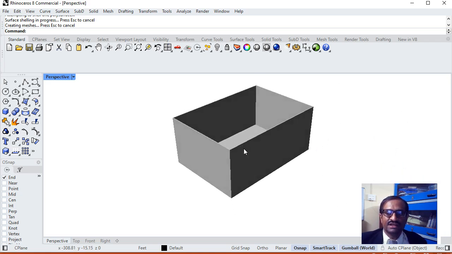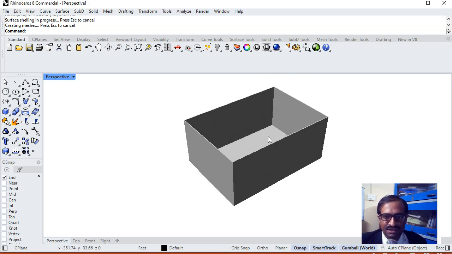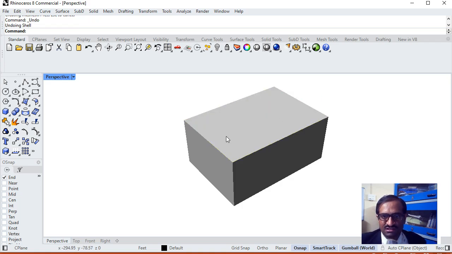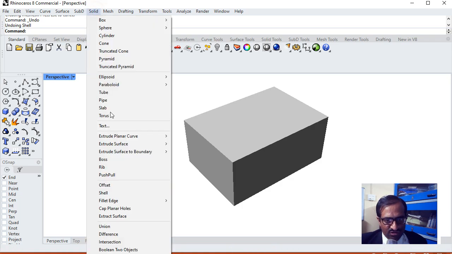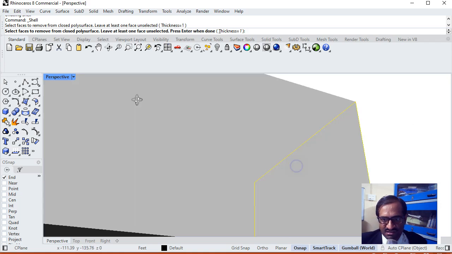Do you remember we did matchbox? In matchbox we had to add a solidify, but here by default it has got a thickness. Let us do it again. For doing a shelf also we use this. Go to solid, go to shell, click on this face,